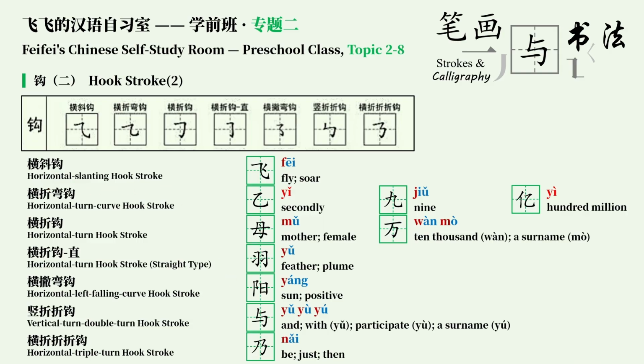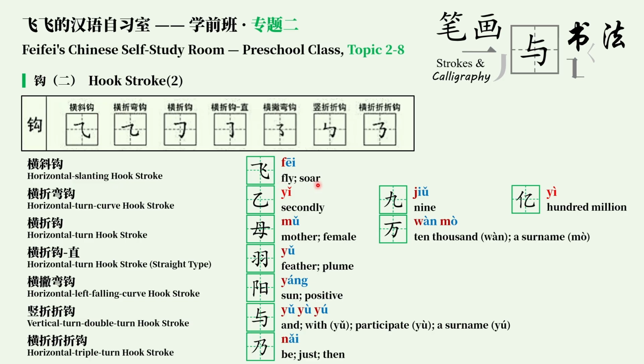This stroke features a horizontal start, a slanting middle segment, and an upward hook at the end. When writing, first draw a short horizontal stroke to the right, then smoothly tilt the brush diagonally down and to the right, forming a gentle slant. Pause firmly at the lowest point and flick the brush sharply up to form the hook. The slant should be moderate, not too steep or flat, to keep the character balanced. Example character: 飞